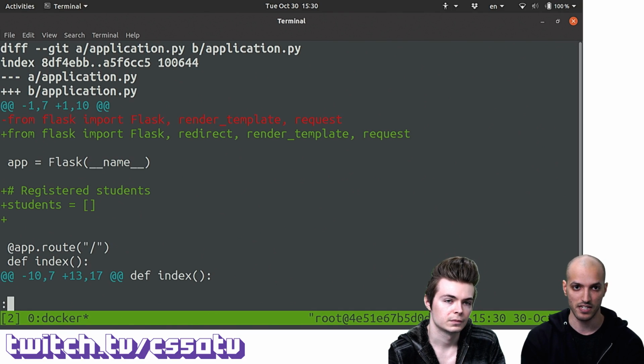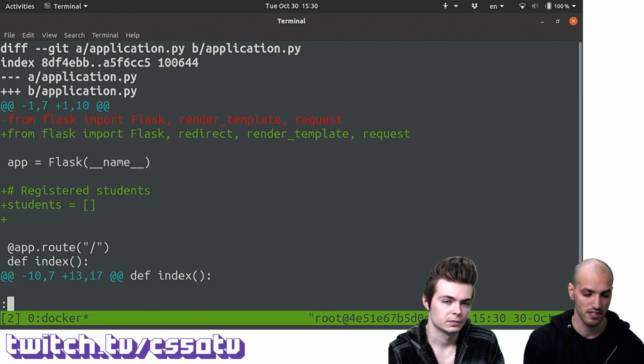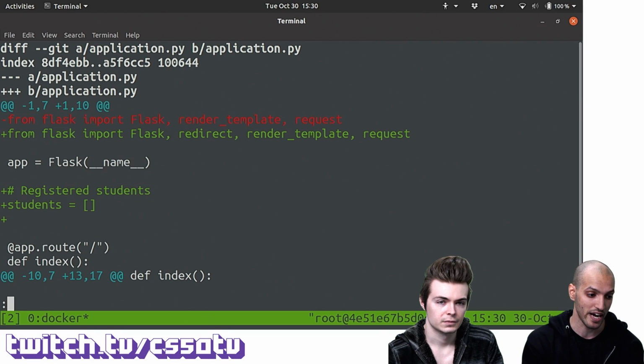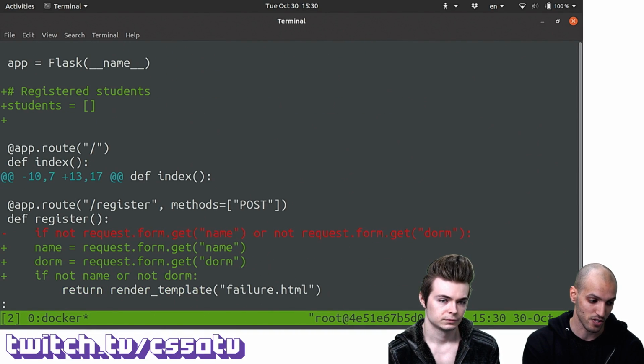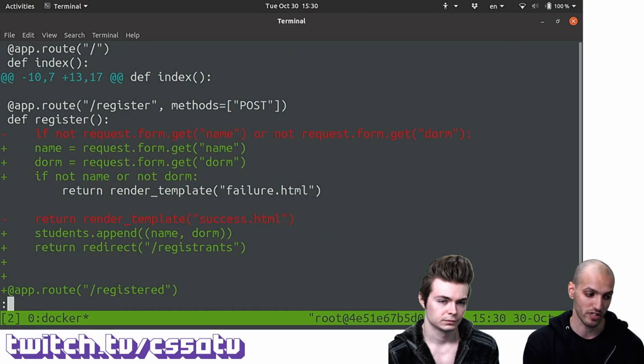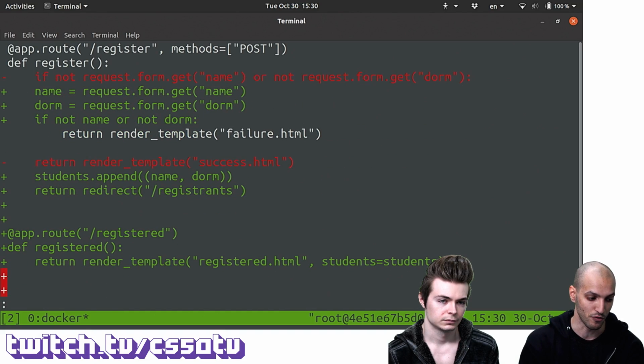And you can see this nice diff view provided by Git, coloring the lines that were removed in red and putting a minus in front of them, and the lines that were added in green and putting a plus in front of them. In this case, I specifically changed the first line, the importing stuff, added this array, and I'm just scrolling down, added a few variables, and added a function.